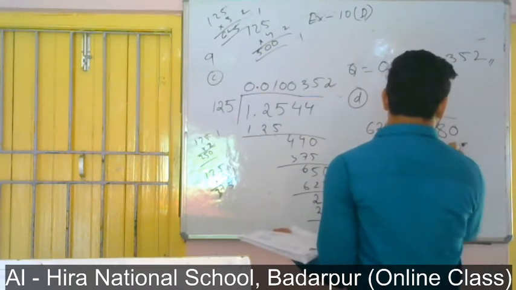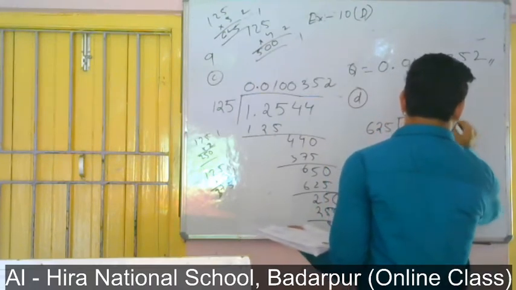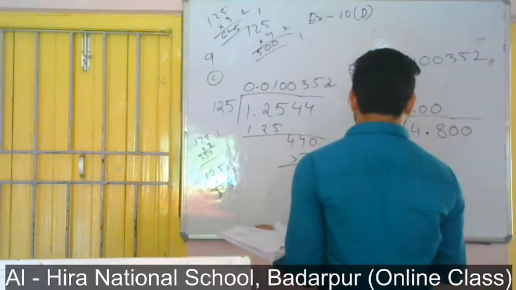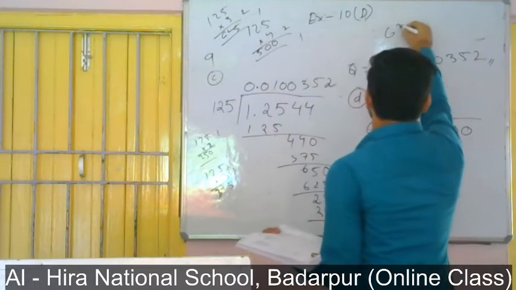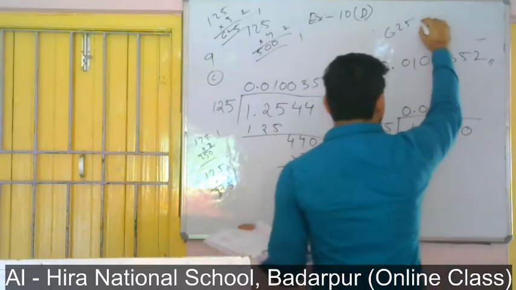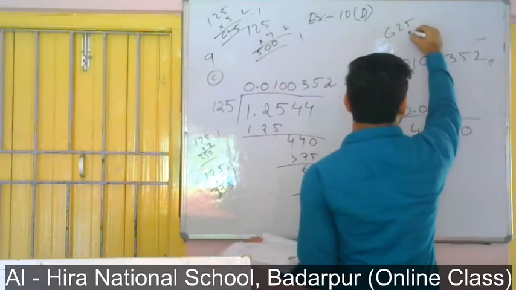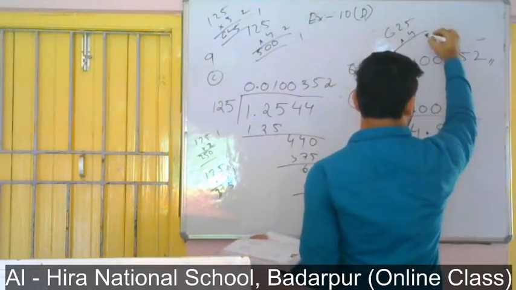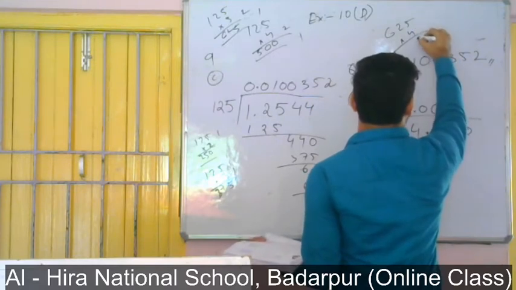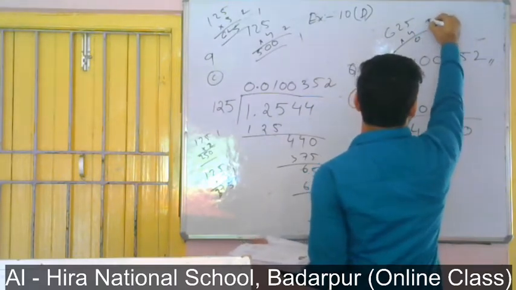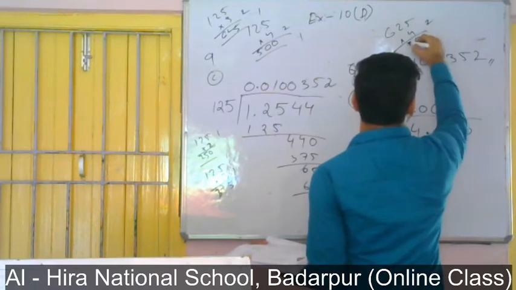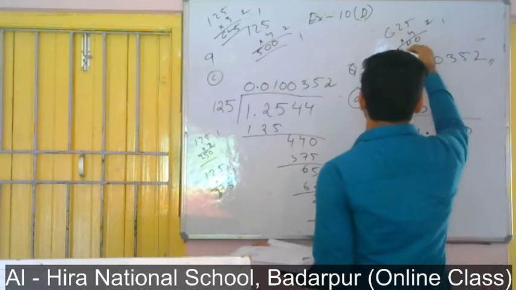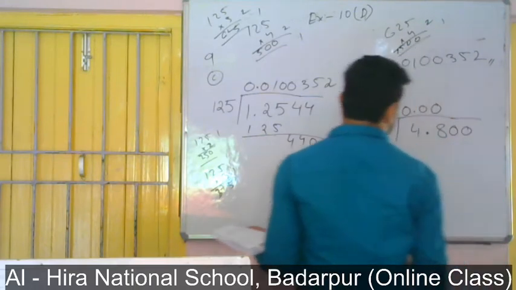Now we can put 10, the point is there. So now if I divide, then 625. Let us check with 4, and 0 is there. 5 4s are 20 and remain 2, 4 2s are 8, 9, 10 and remain 1, 6 4s are 24 and 1 is 25, 2500, here 4800.